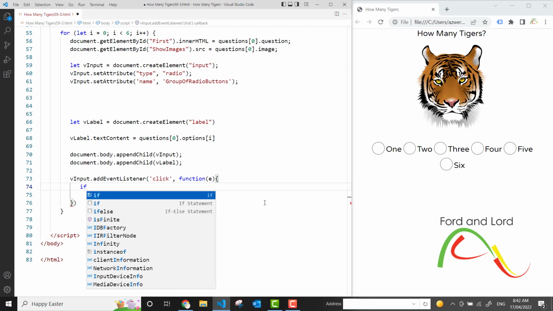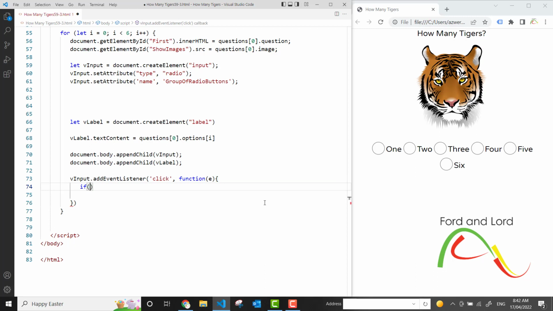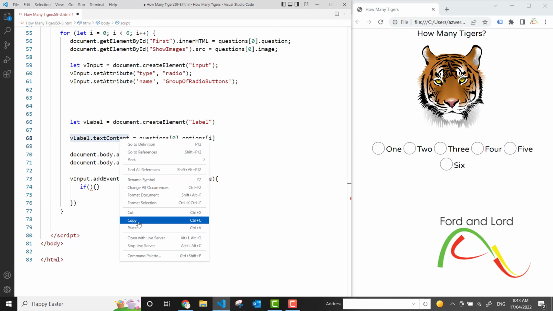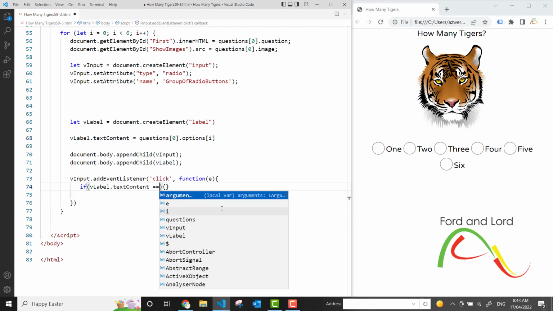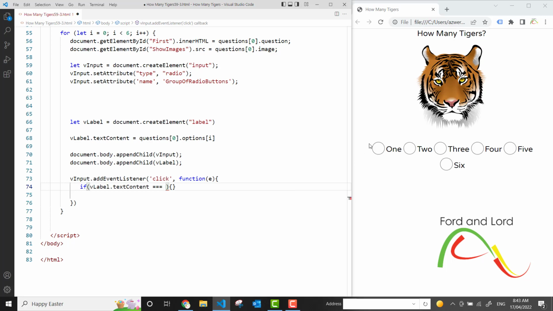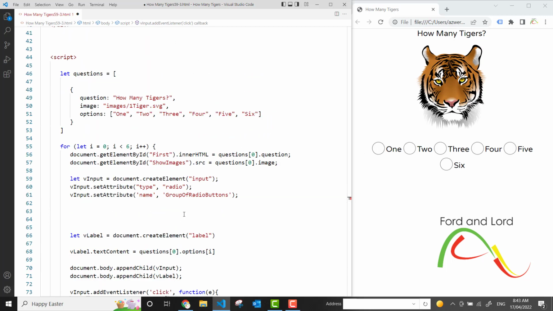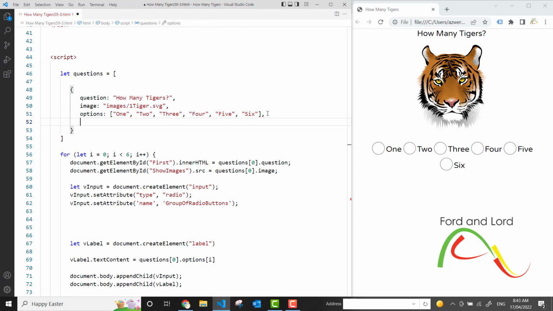And when that happens, I want to run an if condition. I want to check. The usual format of if is the if keyword, parentheses, and an opening curly bracket and a closing curly bracket. And when that happens, we want to check to see if this v_label, which is this one, v_label.textContent, copy and paste it here. If v_label.textContent of the clicked radio button is equal to the answer, I will add another key value pair,